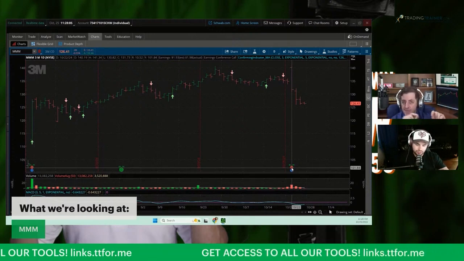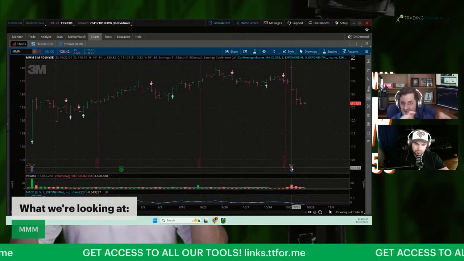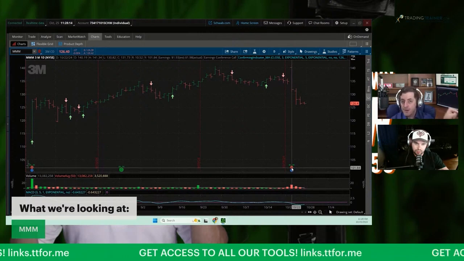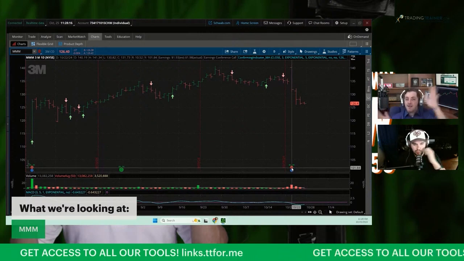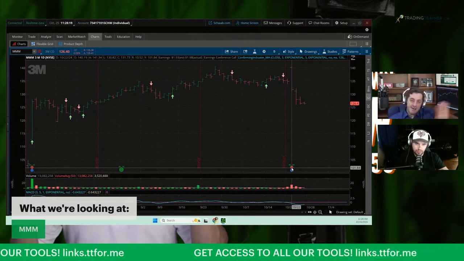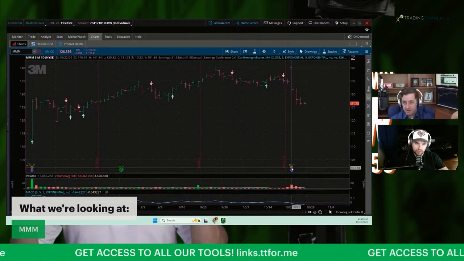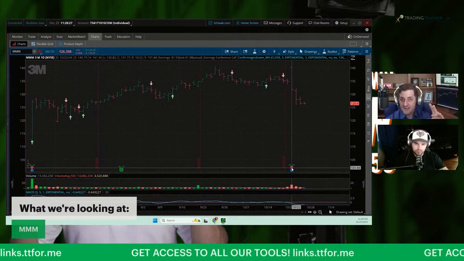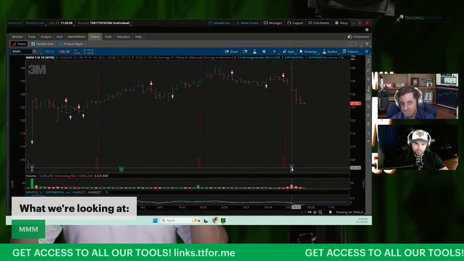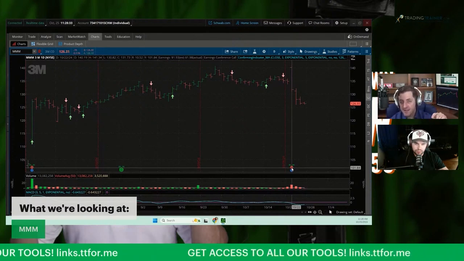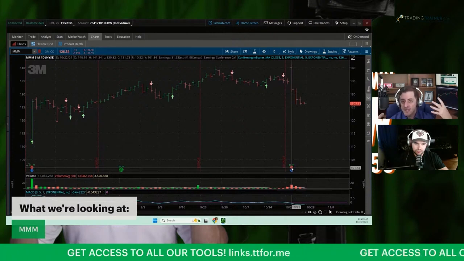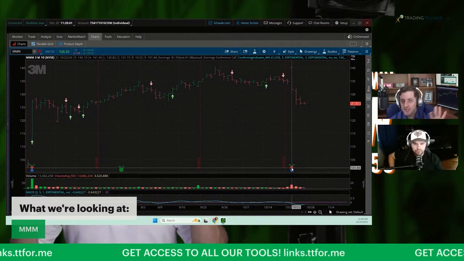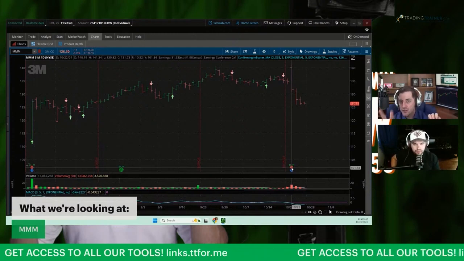We would prefer that there be no change in that price. We can have a little bit, but we don't want too much if we're using the calendar spread. If we think there is going to be a huge price change, then we'll default to a different option strategy like a straddle or a strangle. But for these SIP, the intrinsic value, the in the money value cancels out. That's great. So that helps us a little bit. But what we're left with, even though it's so nice with the volatility, it's also got this weird gamma component to it. So we really don't want price to change too much.